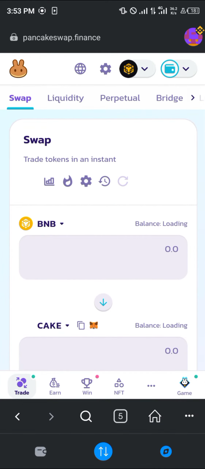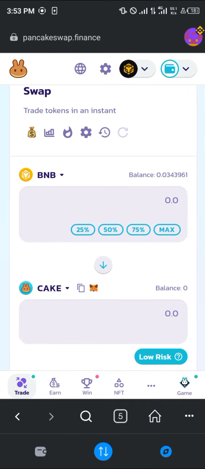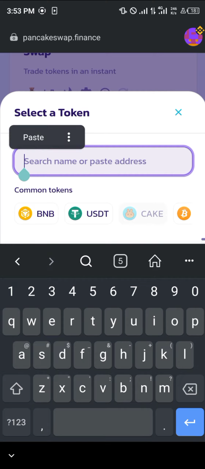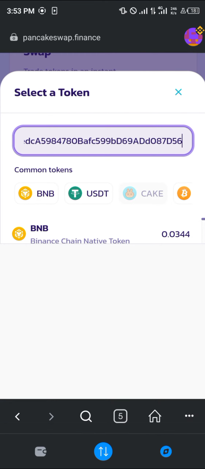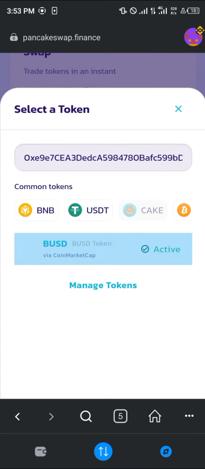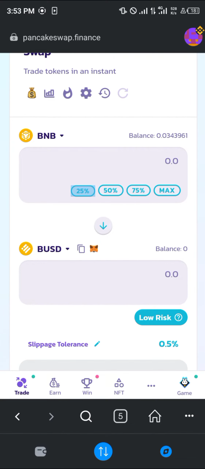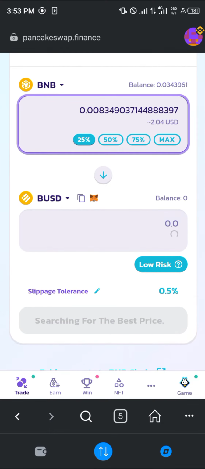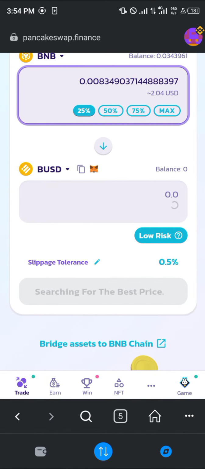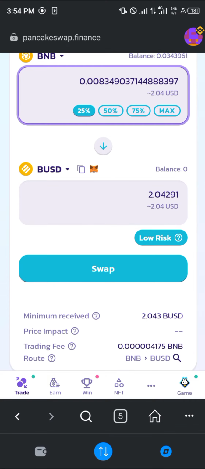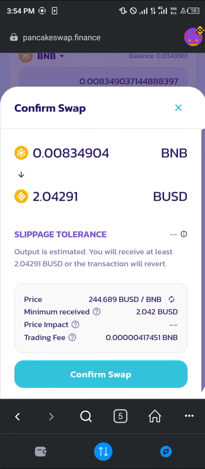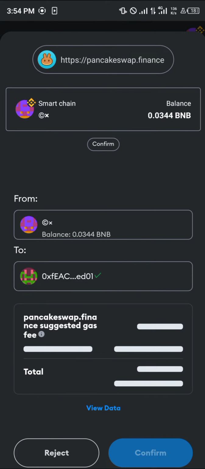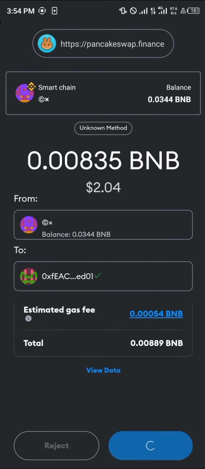Once you've clicked on trade, we are going to be swapping out our available BNB for some of the BUSD. So you simply paste the BUSD contract address we copied, paste it here, and click on BUSD. Now we're going to be using 25% as $2 worth of BNB, which in turn is going to be giving us $2 worth of BUSD. So you simply click on swap, click on confirm swap. A smart contract call is going to pop in. You then simply approve of it, click on confirm,